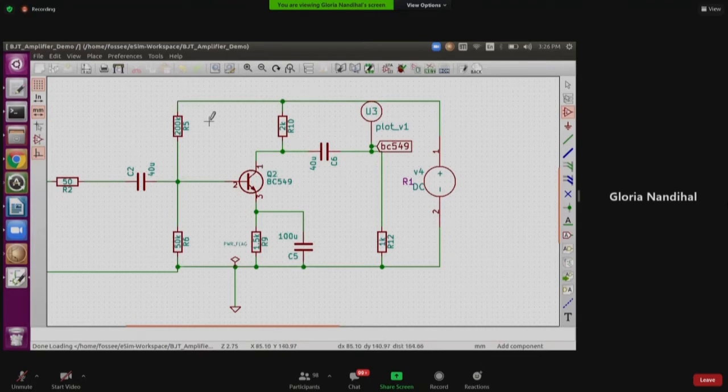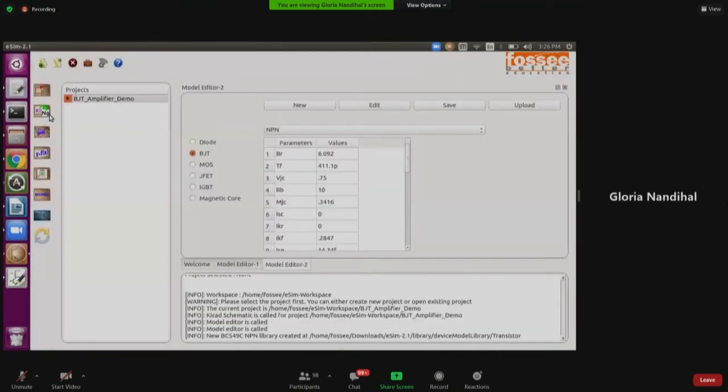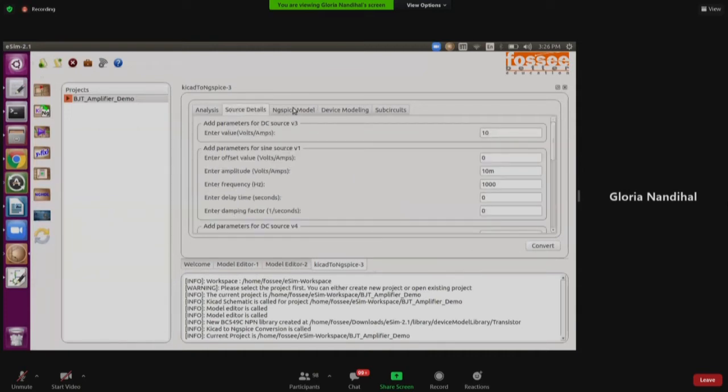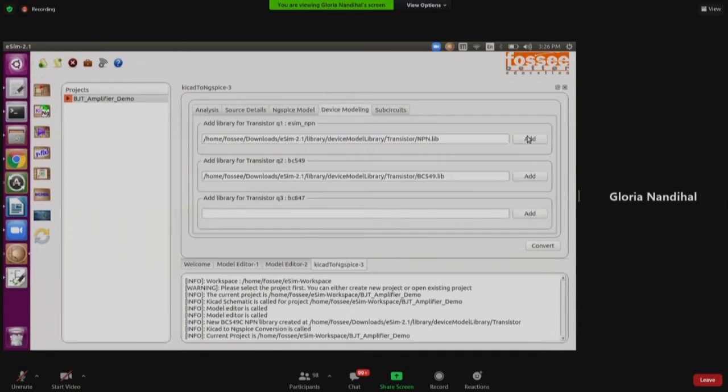The BJT amplifier, which is already there in the eSim folder, I have taken as the same example just to show the characteristics of the added models, right? So go back to the eSim window. I'll click on the KiCad to ngSpice button. The parameters are also the same. I have not changed anything. Source is also the same. Now coming to the device model.